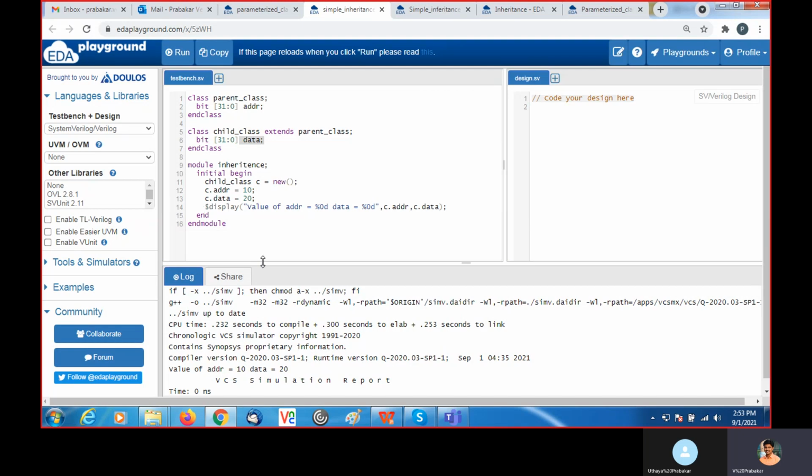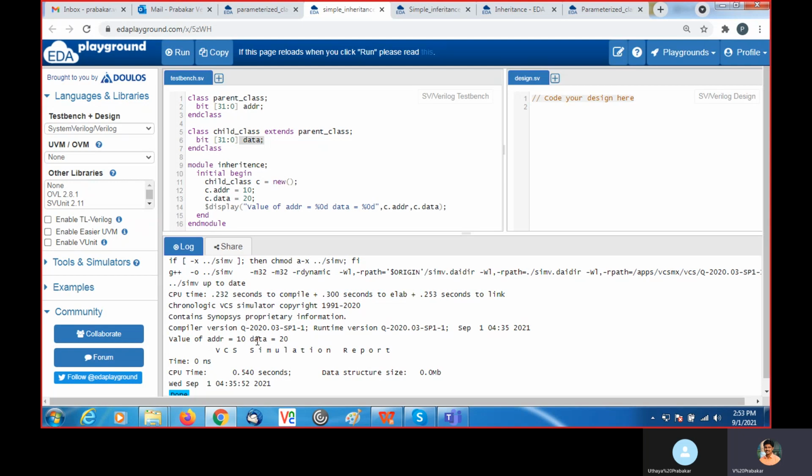Then with the help of $display I print the values of address and data. We are getting 10 and 20, which were assigned here. We are not declaring the address in the child, because when you do inheritance, whatever methods or properties are available in the parent class or base class come automatically to the child class. In the child class, we can add some more properties if needed.